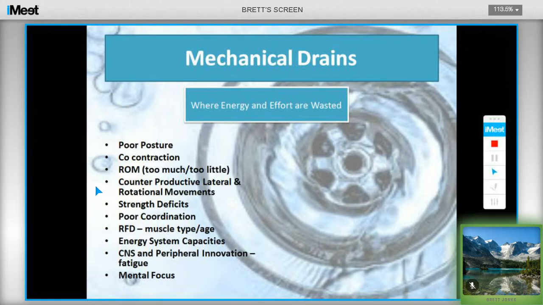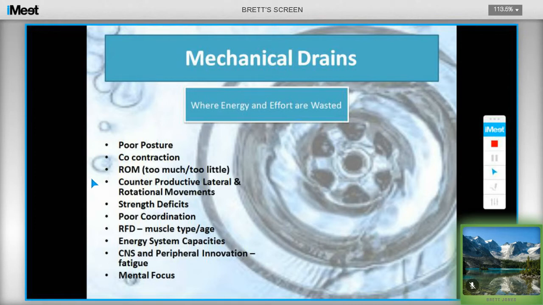As we get older, our muscle types and fiber type change a little bit, and so sometimes the rate of force development, the ability to produce large amounts of force in a small time period or ground contact time, is also impacted. Our energy system capacities, and I guess this refers to the ability to sustain an output of energy for a period of time, and that might be in a 100-meter sprint being able to maintain 100% effort and energy production over a 10 to 15 second